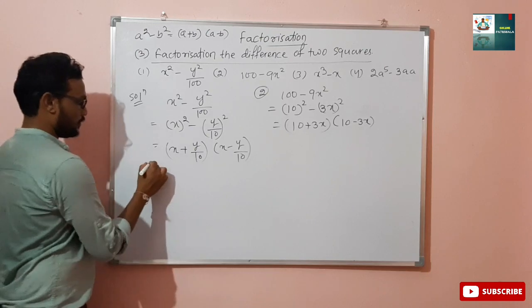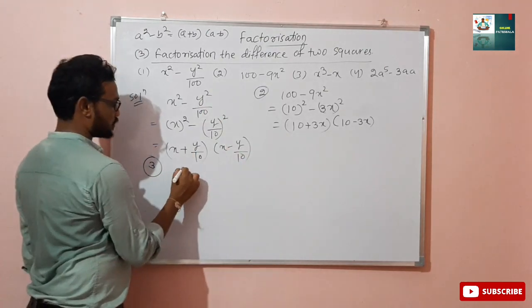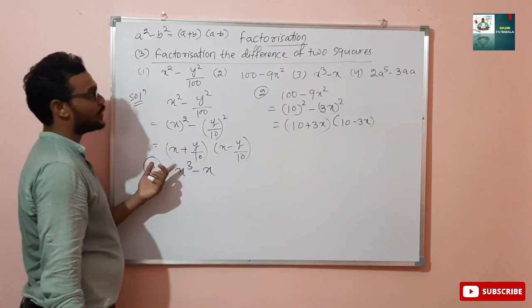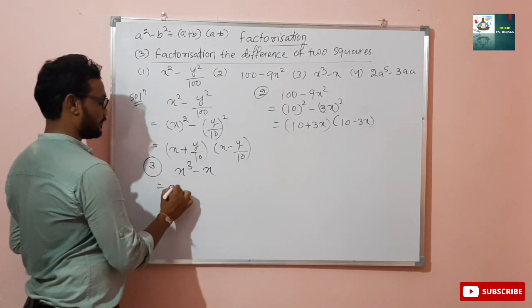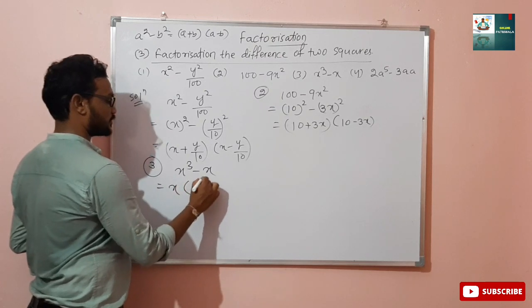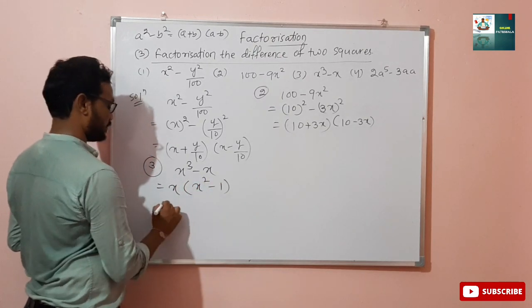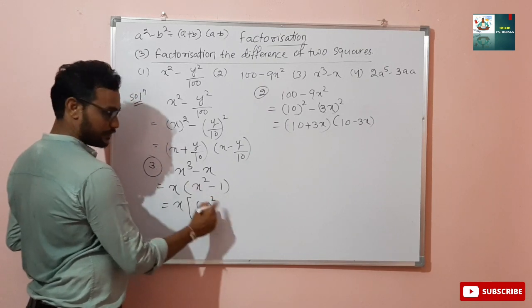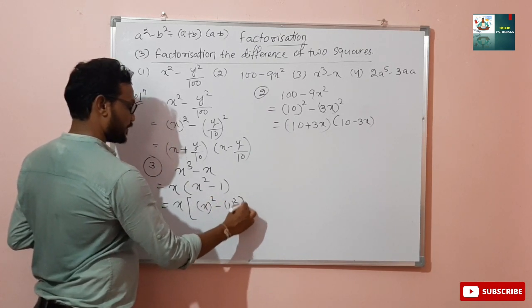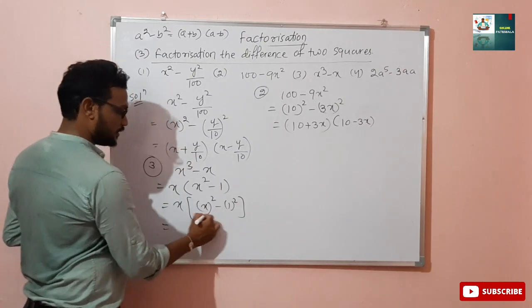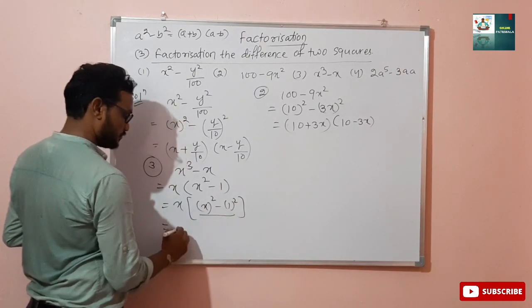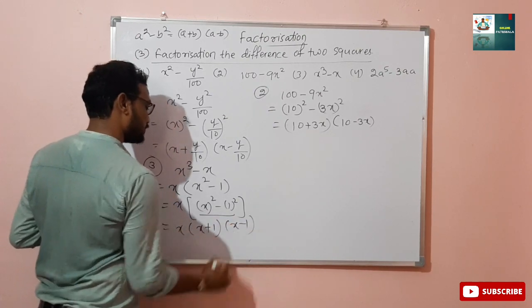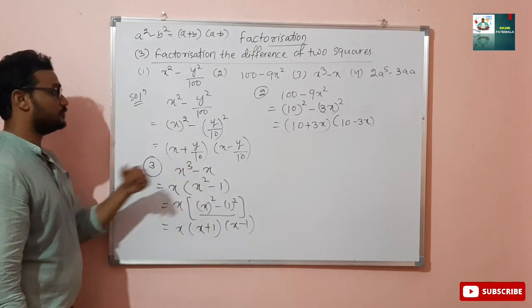Very easy. Similarly, number 3 also you can do: x³ - x. But you can't apply the squares formula directly now. So first of all, you take the common factor here, that is x. Here how much is left? x². Here how much is left? 1. So this can be written as x(x² - 1²), right, 1² is also 1. Now this term is in the form of a² - b², so it is (a + b)(a - b). So this is the factorization.